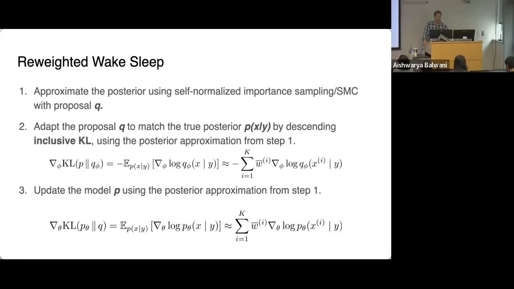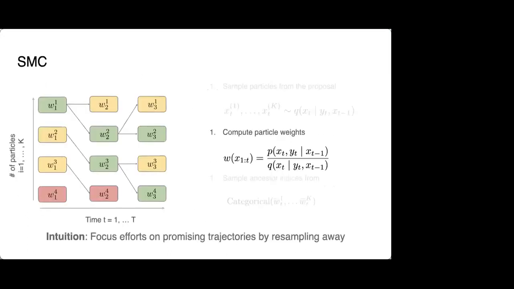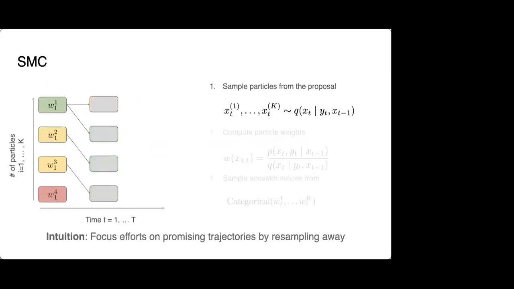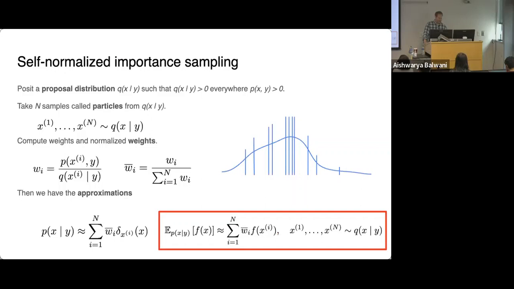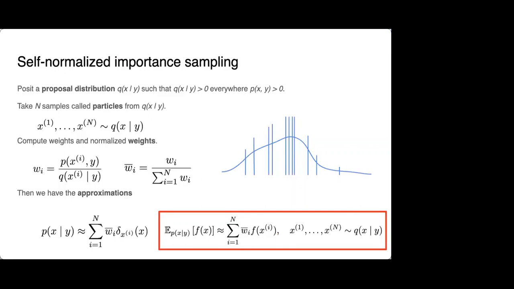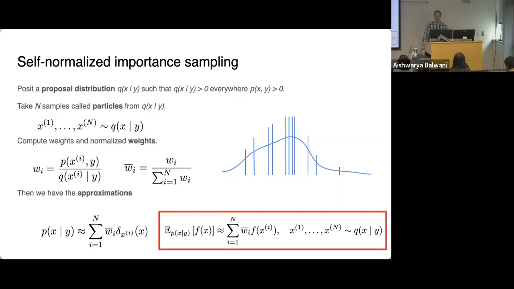Yeah, that's a good point. I see what you're saying. I think the optimal q is actually not p, but p times f. Yeah, so you're right. I was being a little bit fast and loose here. I think this is the slide you want. Right. If you knew that you wanted to compute the expectation of a specific function f, then you're absolutely right. You would want to propose from something that has high probability under p and also has large amplitude under f. But if you don't fix f a priori, if you're saying I want expectations under any function in some function class, then I think it's pretty safe to say that you would like your proposals to look like your posterior. But you're absolutely right in general for fixed f.